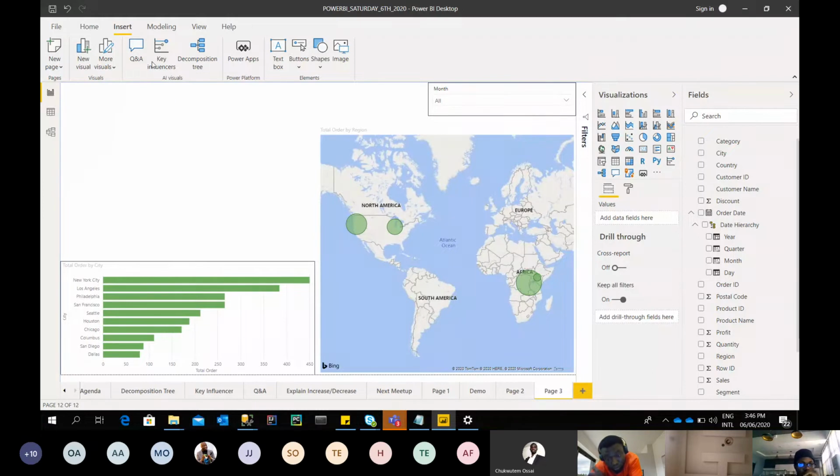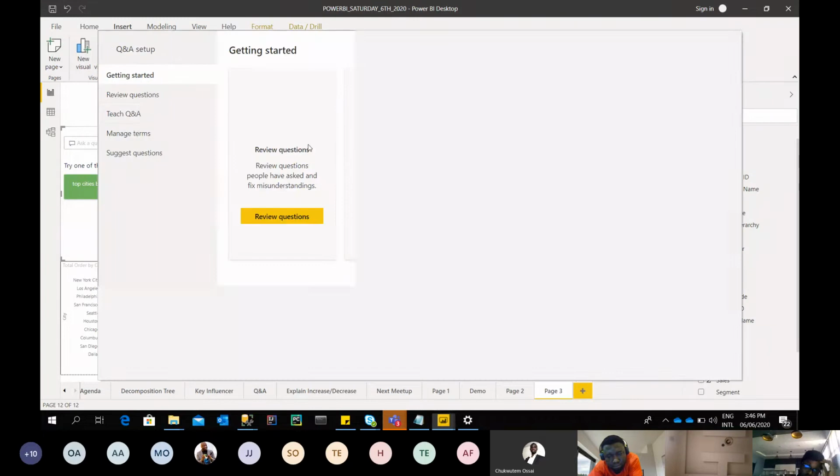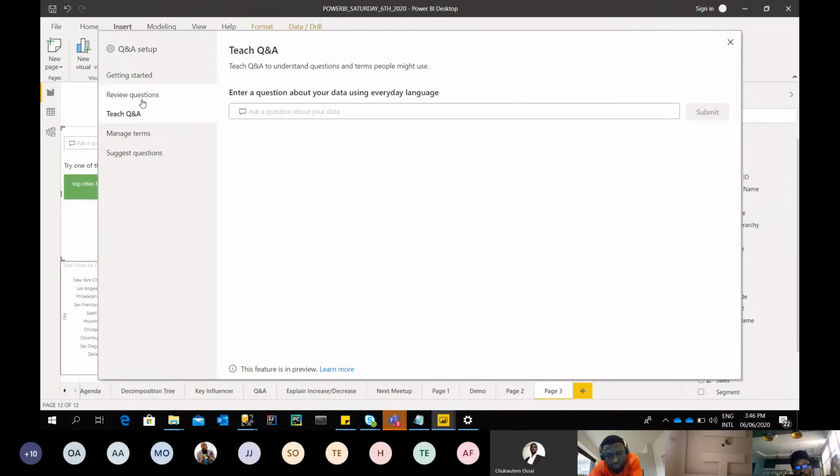So what you need to do is come to Q&A here. Now look at this option, where you have the settings. It says teach. You can teach your Q&A to understand people better and review questions people can ask. When we click on that, we come here. You can check all the review questions, but here it says teach Q&A. So what do we want to teach Q&A? We want to tell it that when there is, in Hausa,